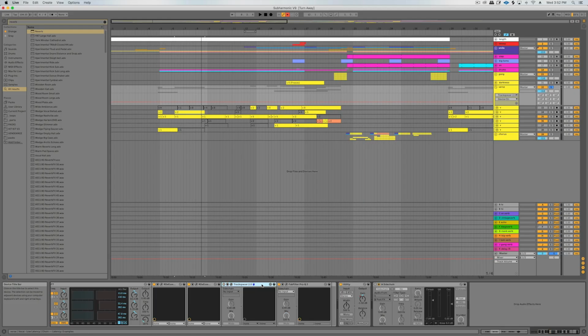Now I'm actually gonna delete this reverb completely off this track because I wanna show you sends. You should put your reverb most of the time on a send track. If you don't know what a send track is, you can basically send some audio to it so the original audio is still playing, but then on the send track, whatever effects you put on there, you can kind of adjust individually. For instance, you could put further effects on them, you could automate them independently of the original sound,